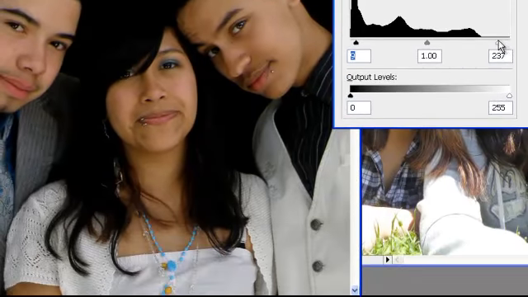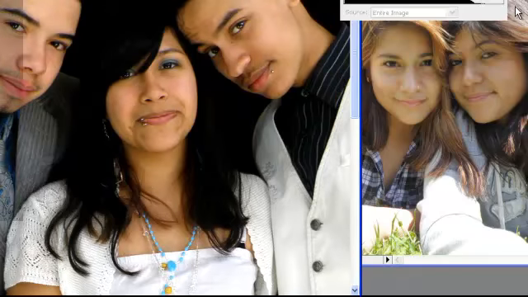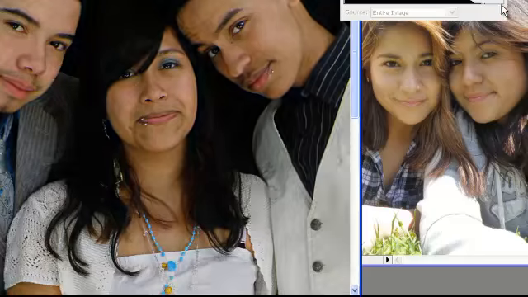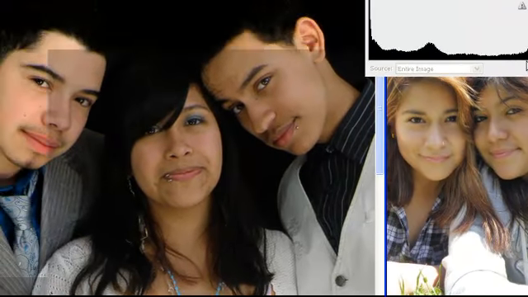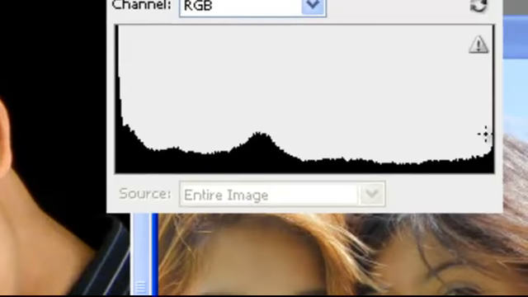255 is complete white, so when I drag it to the left, it's going to stretch out the highlights and make them as white as possible. And when I do that, we can see that the image looks a little bit different. This is the original image. It looks a little gray, and this one looks significantly better. And you can see now the distribution on the histogram is much wider, where we have the darkest darks and